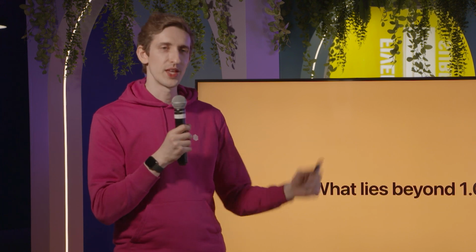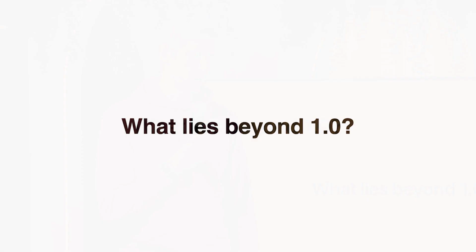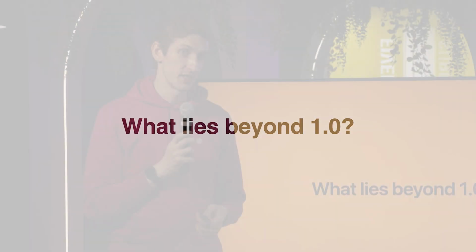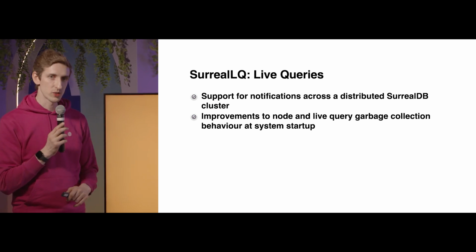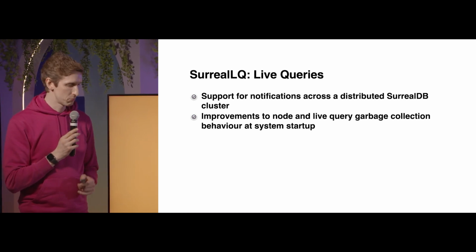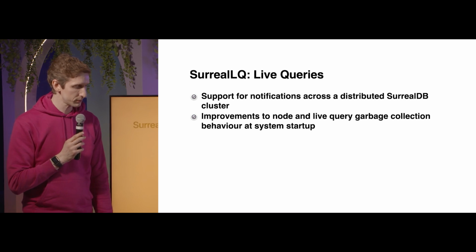So that was kind of a brief overview of Cerulean 1.0, but what lies beyond, and this is a question we get asked a lot, because we've been going almost a year now, or just over a year. We're a new database, and you compare us to others out there. There's a lot of databases out there, and they've been going a lot longer than us. But we're working on some really cool stuff, and I'll go into some of that now.